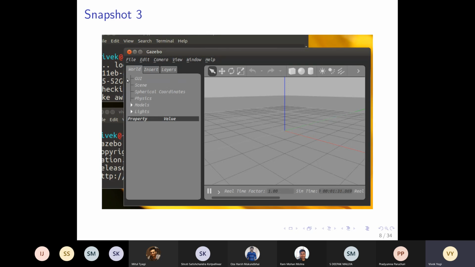This window has this left pane where you see all these settings and a place where you can do some tweaks, and then finally this is the physical environment which is being simulated. There are these three lines: a red line, green line, blue line. The red line is your positive x-axis, green is positive y, and blue is positive z-axis. And this is a grid, and probably each square is 1 meter by 1 meter, so it might look very small, but it is like a physical world. And then there are some messages being printed like real time factor and simulation time. So all this is there.